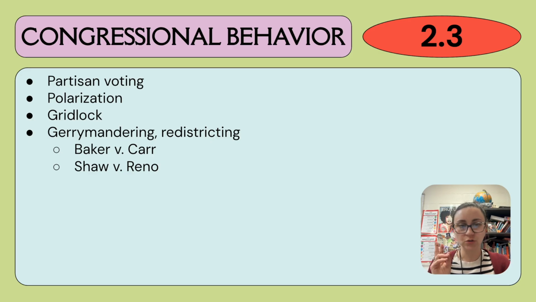The two main things you need to know about those cases, though, is Baker v. Carr ruled we can rule on them at a federal level, even though elections are a state power. And then Shaw v. Reno says no racial gerrymandering. Excuse me. And then the next one is going to be